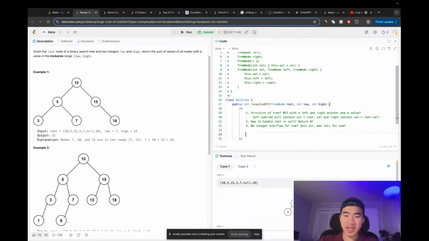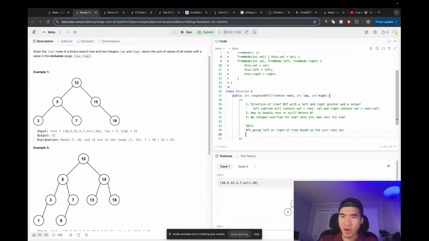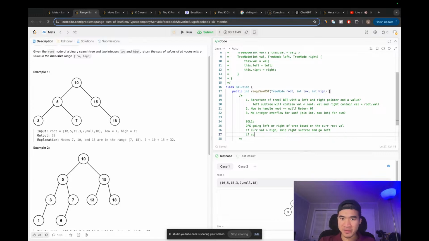And yeah, that would be basically it. And then I would dive into my solution by just calling a DFS, going left or right of a tree based on the current root value. So we know that this is a binary search tree. So if current val is greater than high, then skip right subtree and go left, and vice versa. If current val is less than low, then skip left subtree and